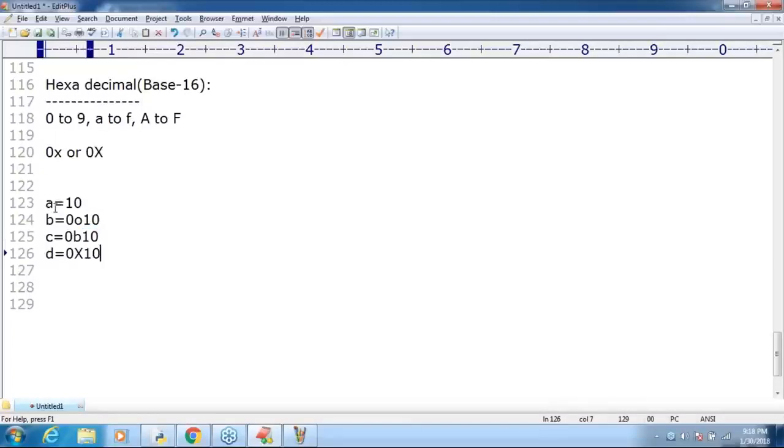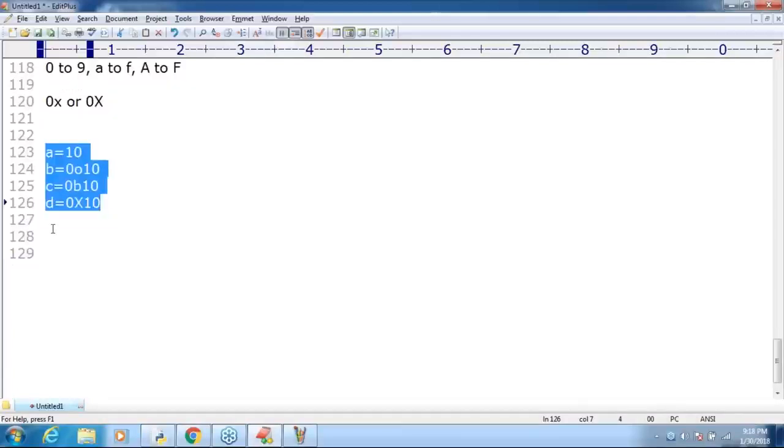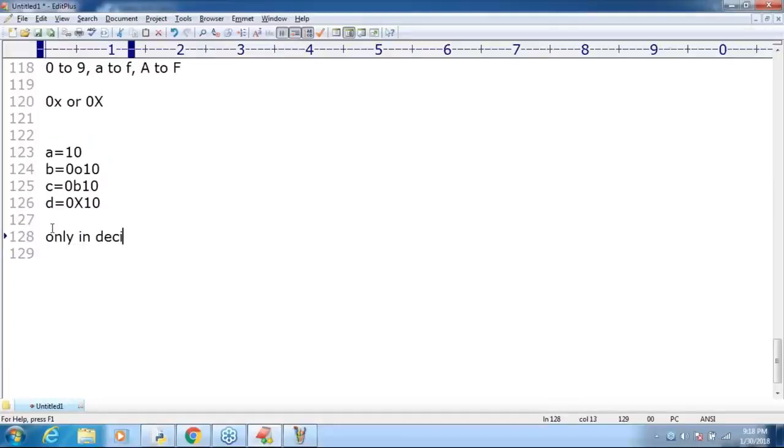Make sure we can specify either decimal form, octal form, hexadecimal or binary, but Python is always going to give the output only in decimal form. If you print using a Python program, you always get only decimal form by default. Clear, right? Any explanation required? Okay, that's all. This is about the first data type, int.